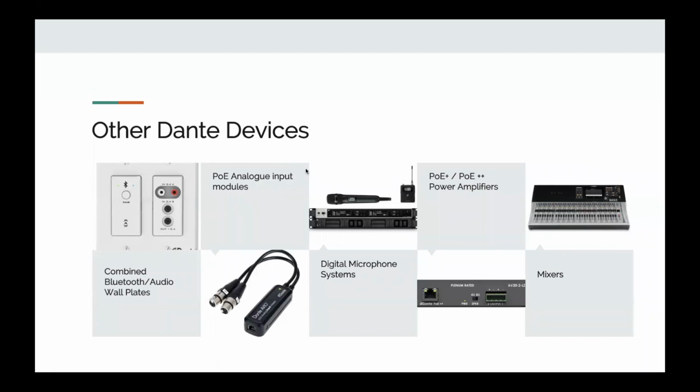So going from left to right, this plate here actually is a 6-way Dante plate. So over a single Cat6, we have a Bluetooth connection. Let me give you an application for this. So if you have a gym and you have a gym instructor or class instructor that wants to use their phone, the process is as simple as this. You run a single Cat6 to the gym. The instructor presses the pair button on the gym device, which is just a wall plate, and it goes to Bluetooth on their phone and clicks pair. Then the audio from their phone is automatically transmitted to the Dante device on the network,